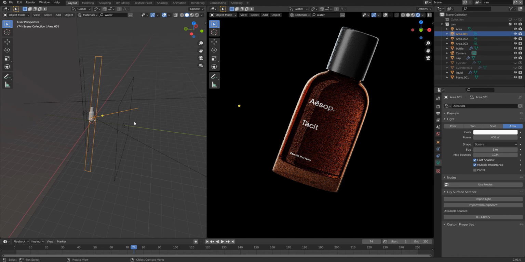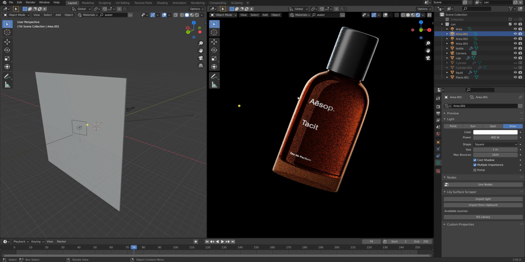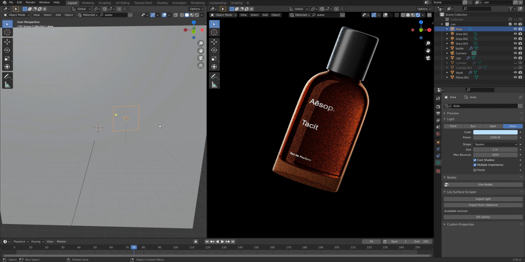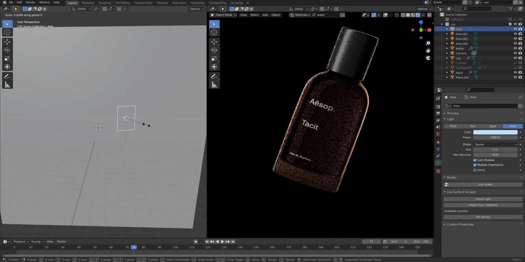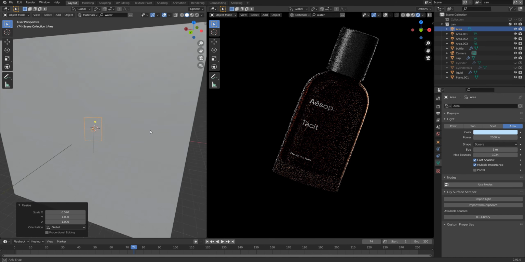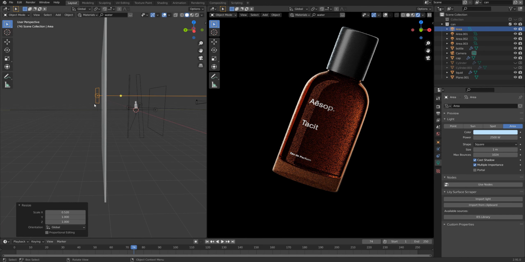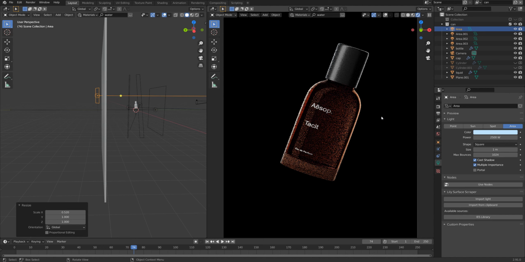So yeah, I think that's pretty much it. Also, maybe I can make this highlight on the left a bit narrower, so I can simply select this one and hit S X, I guess, to make it like that. So yeah, maybe something like this. You can also play with the height of this light source behind to get the result you like. So, and I think that's pretty much it